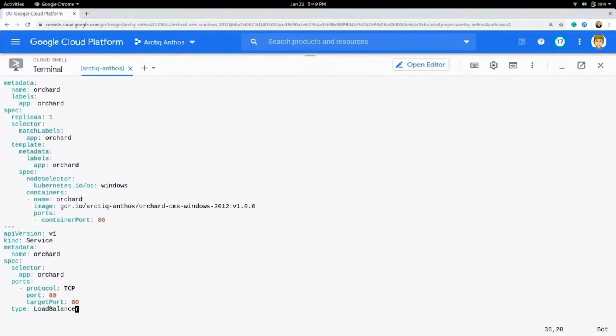Basically what I'm doing here is I'm creating a simple Windows deployment and service, just like you would see in the Windows or the Google documentation for creating Windows containers. And this is pretty much copy and paste on the top here from those docs, pointing it to my particular GCR.io image. And then I'm adding this service at the end here,